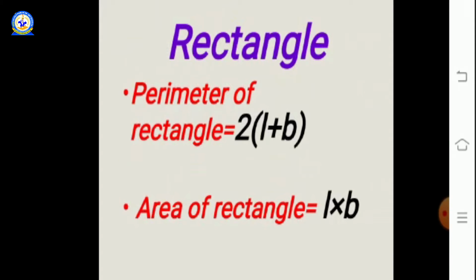Rectangle. Rectangle has four sides and opposite sides are equal. As you all know, when we have to find the perimeter of rectangle, the formula of it is 2 multiplied by L plus B. What is L? L is the length of the rectangle and B is the breadth of the rectangle. And how much that rectangle occupies the space, for that we will find the area. Area of rectangle is equals to L into B, that is equals to length into breadth, and area will become in the square units and perimeter will come in the single unit.